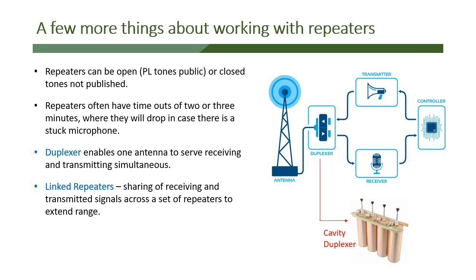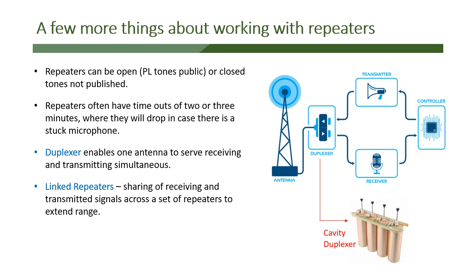Now, part of the repeater is what's called a duplexer. So you see the controller on the right controlling the transmitter and the receiver. We see the input to the receiver from the antenna, and the output from the transmitter to the antenna is going through a duplexer. And the duplexer enables one antenna to serve receiving and transmitting simultaneously. It can do this because it has a special device called a cavity duplexer, which is a very expensive